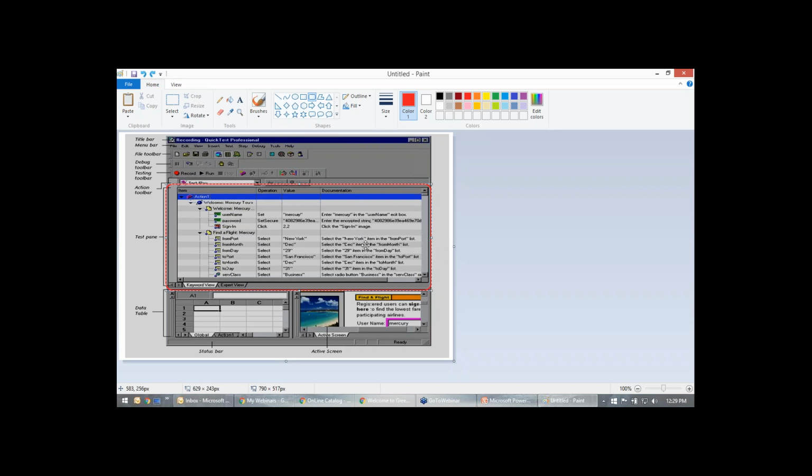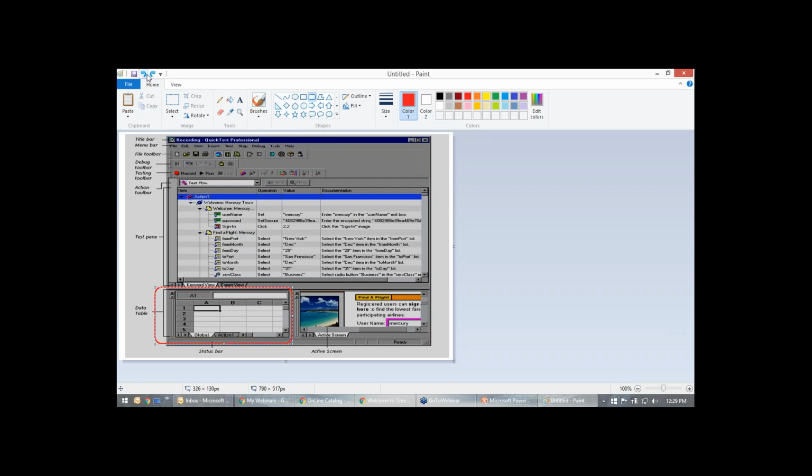You can work either way. If you are a pro in QTP, you can edit in the keyword view itself, but most people go to expert view to edit and debug their code.